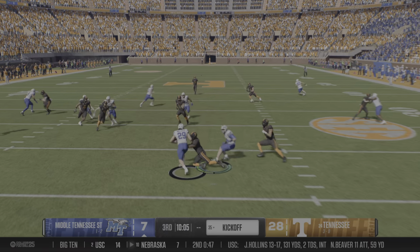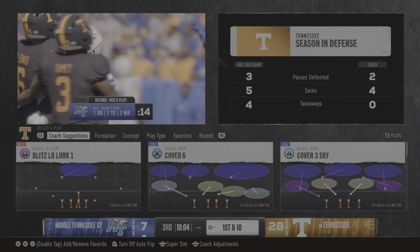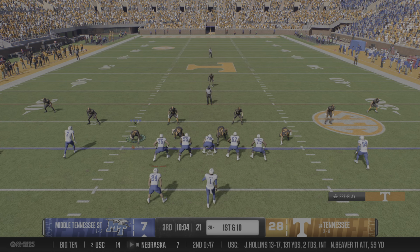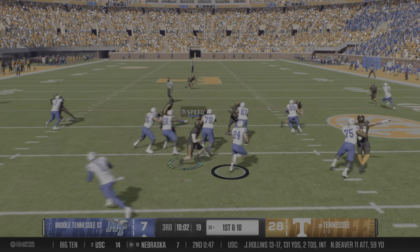He'll bring it out from inside his own 10. He was hoping for something a little more dynamic, but they get him on the ground at the 20. The Middle Tennessee offense will go back to work. They're down by 21 points, but you get a touchdown here, and you do at least apply a little game pressure,